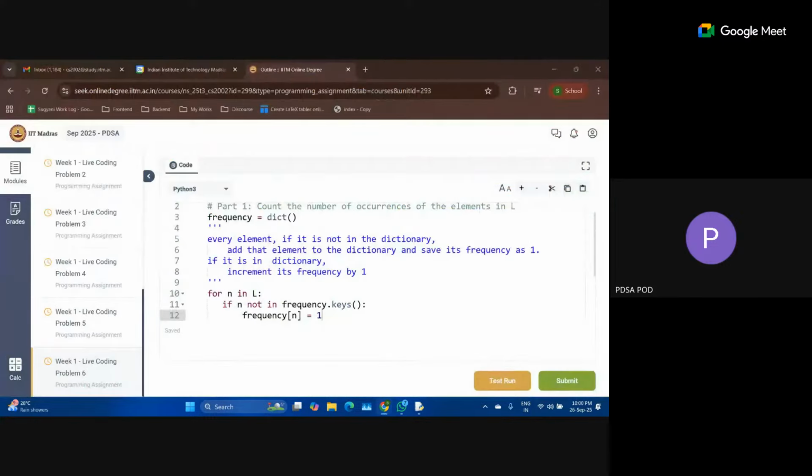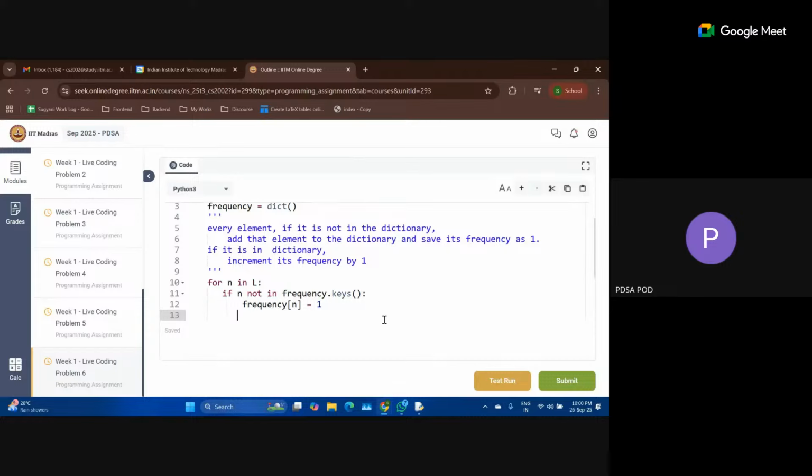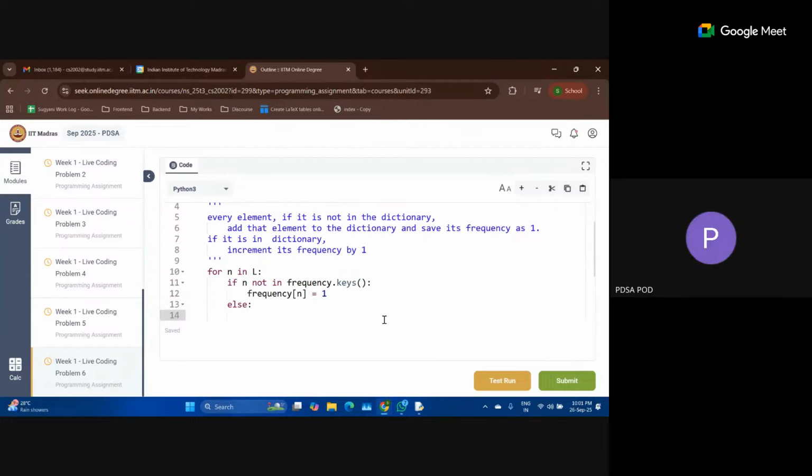Is this clear? Yes, ma'am. So next, what do we do? We go to the else part. What will the else part be?